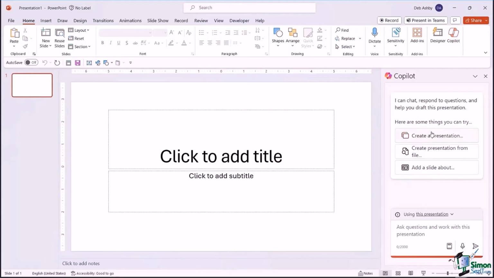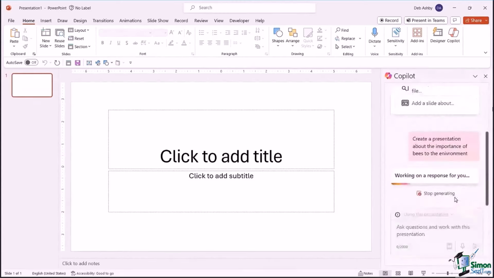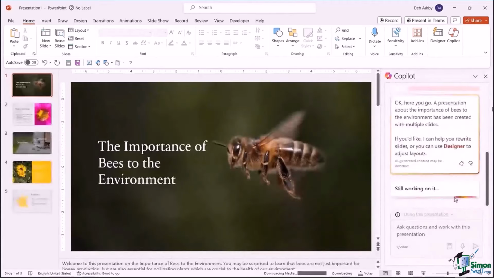So we're going to start out by creating a presentation. And notice in the prompt box, it's put in create a presentation. And now I'm going to say what I want to create a presentation about. So I want to create a presentation about the importance of bees to the environment. Once again, we're going to send that through. Copilot's going to go away, have a think about it, and you can see it's giving me a 5-slide presentation